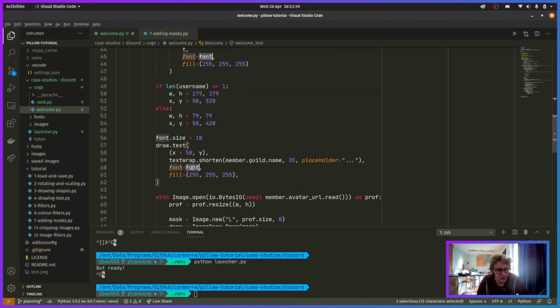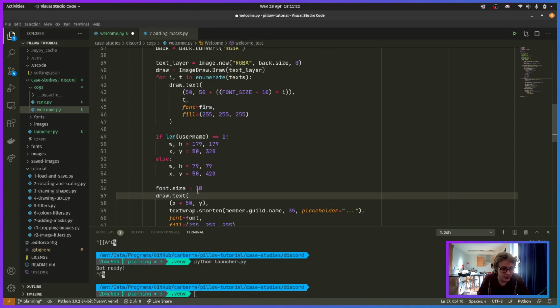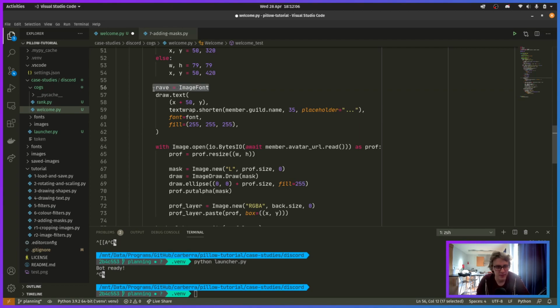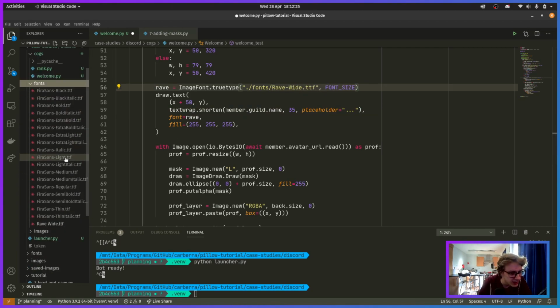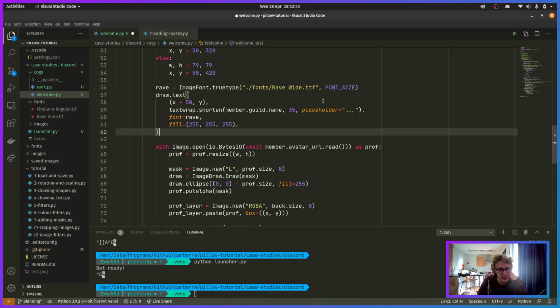Oh, actually, that doesn't need to be it. Okay, cool. Thanks. Do appreciate that. So these need to be Fira. And then our Rave font needs to be image font.font, and we might as well just copy and paste this. And then we have our fonts. I think it's just Rave wide. Oh, it's Rave. Right, I'm just gonna keep the ones that we actually use. Don't use the others. There's no point in having them. So yeah, ravewide.ttf, and then